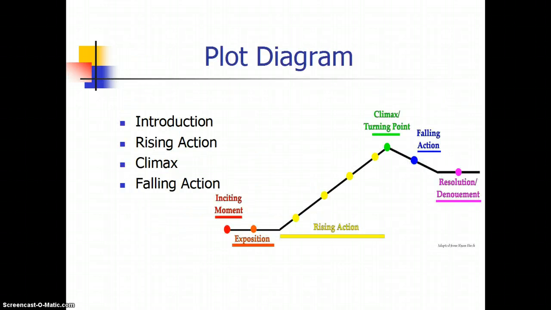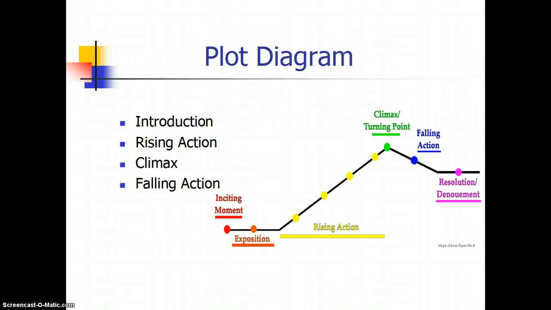Your basic plot diagram is kind of like a mountain peak, where you have your beginning, your exposition, you're getting the story going, introducing your characters and your setting, and then you have your rising action. This is where, once you've met your characters, you figure out what the conflict is, what's the problem, things kind of build up, and then you have your climax or your turning point in the story, and then your falling action is where things come together and you have your denouement or your resolution, and that's where the problem is